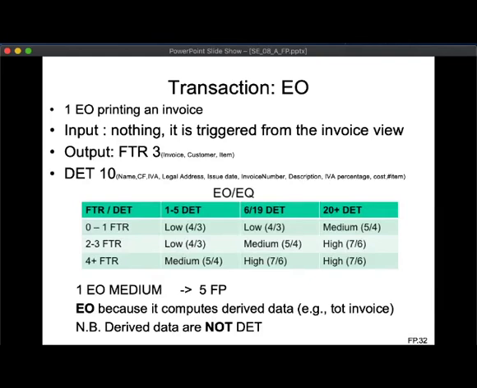Why do we consider that it is an external output? Because it computes derived data. For example, the total of the invoice. The total of the invoice is something that we need to compute when printing the invoice. Let's remember also that, according to the definition, derived data are not DET, so they are not considered in